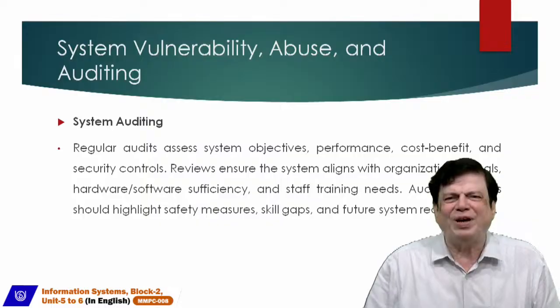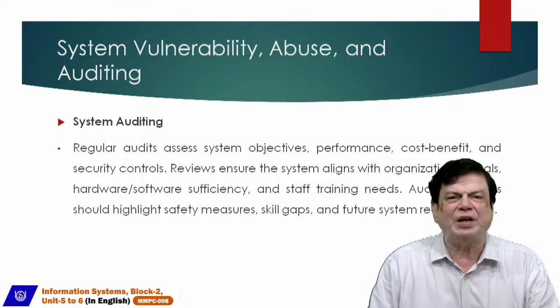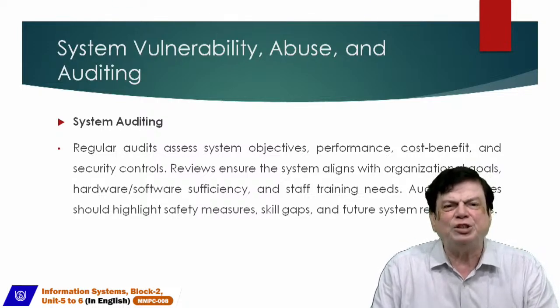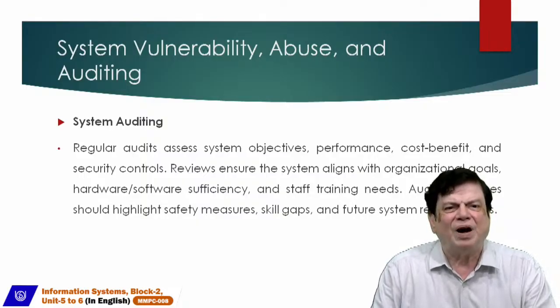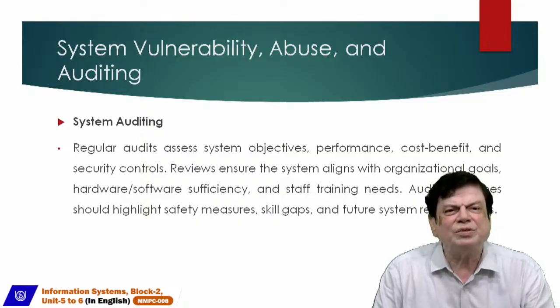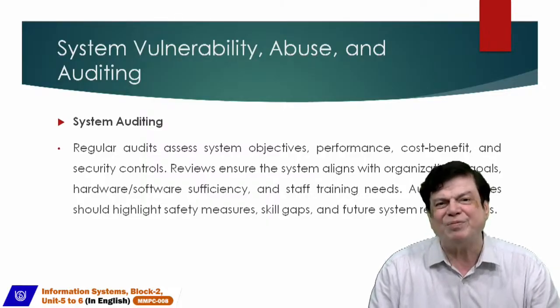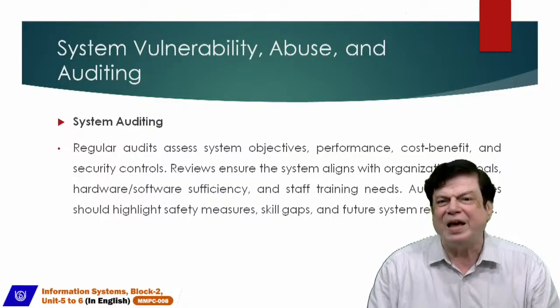Next is system auditing. Regular audits assess system objectives, performance, cost benefit and security controls. Reviews ensure the system aligns with the organizational goals, hardware, software sufficiency and staff training needs. Audit outcomes should highlight safety measures. What are the safety measures? Skill gaps and future system